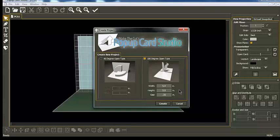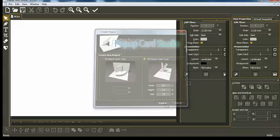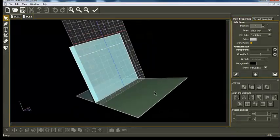But I'm going to show you two tricks to this. One, to make it and then shrink it down to just under a 3-inch square card. Or two is to have it so you just glue it at the top. So then your card needed is only 10 inches by 5 inches. And you cut two pieces, the back piece and the front piece. So we'll go ahead and we'll go create, and there we have our